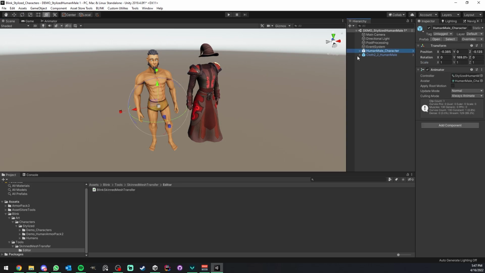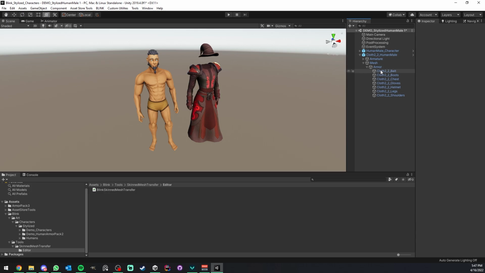Not only part of the prefab, but we need those skin mesh renderers right here to be attached to our character's armature, right? Otherwise, it is not going to be animated. If we play an animation, the character is going to be animated, but the armor set is going to stay still. So the way we do that is, of course, by importing skin mesh transfer, which will then show you